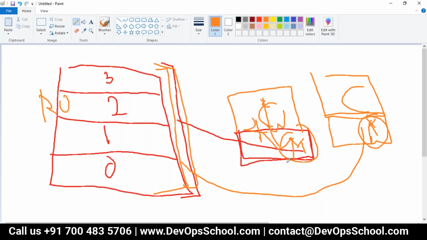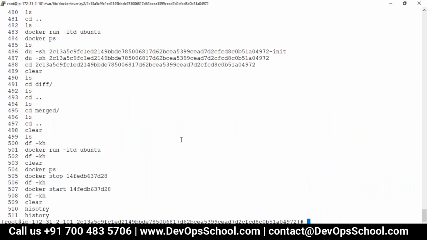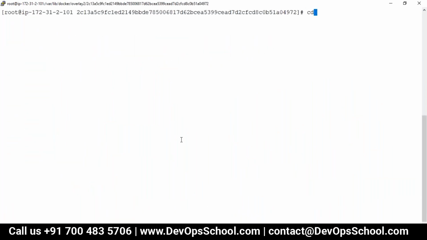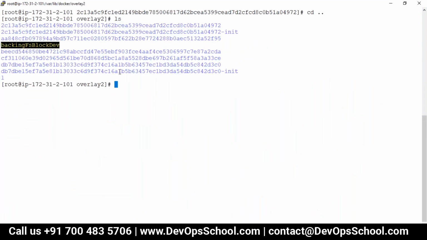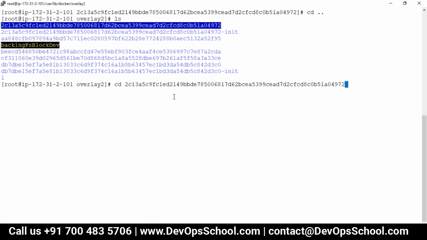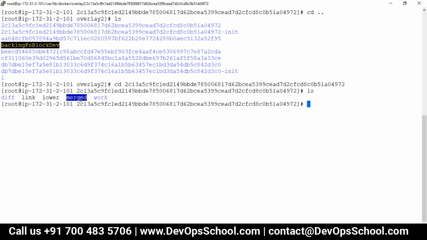Are you understanding this? Okay. Maybe I'll check once. I'll create 2 containers and then see how it goes. If you go inside this, which is a container layer, you will understand this. Here it is a container layer. Go inside this, and see, this is the merge one. If I stop the containers, it gets deleted.